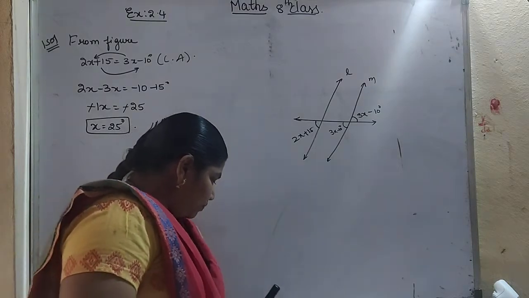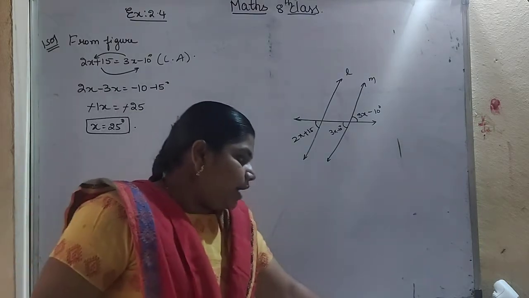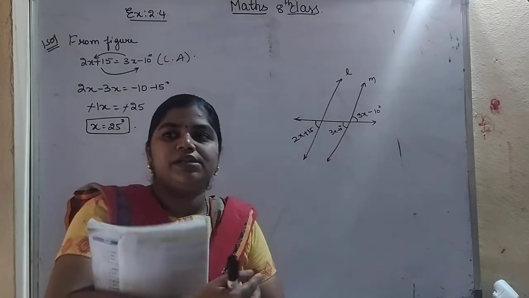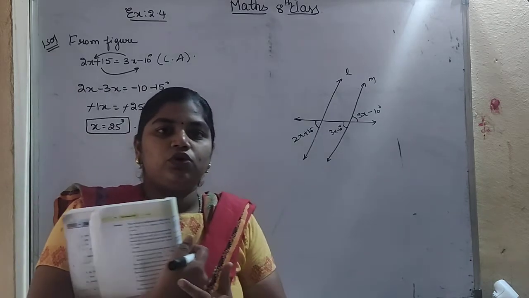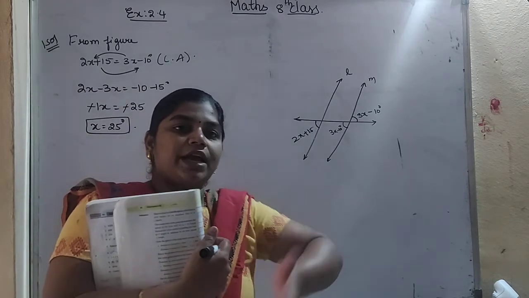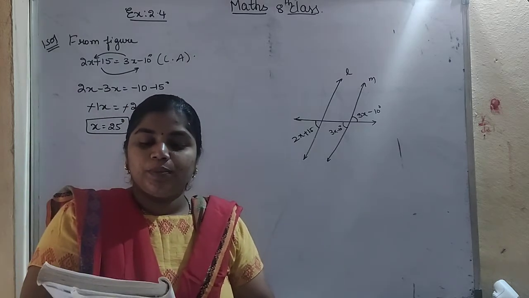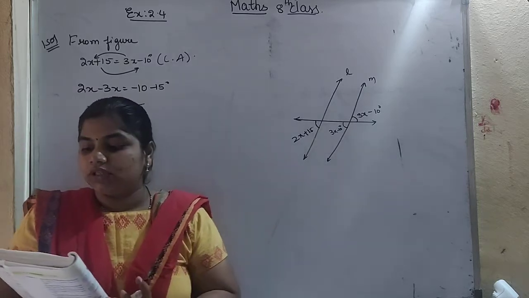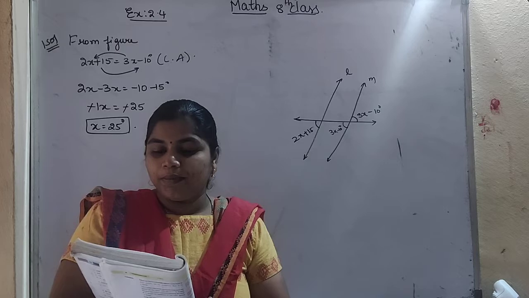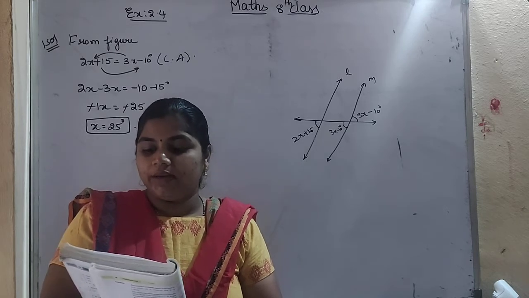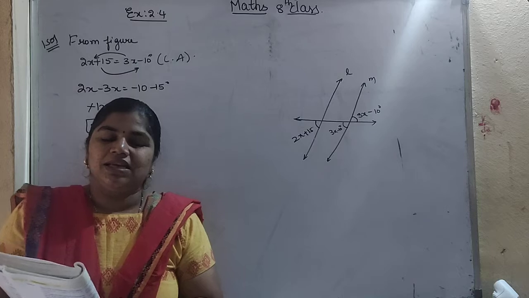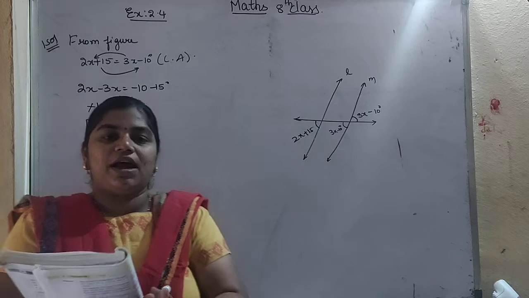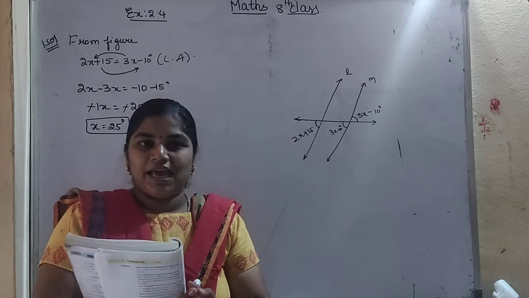Okay, so next one. Next question is 8 times of a number reduced by 10. 8 times of a number means what is that number? We don't know, so we will take it in the form of x. 8 times means that will be 8x. Reduced by 10 means 8x minus 10 is equals to. Is equals to is nothing but the equals sign. The sum of 6 times the number and 4. 6 times is nothing but 6x. Sum is nothing but plus, and 4 they told. So the right hand side value will be 6x plus 4.